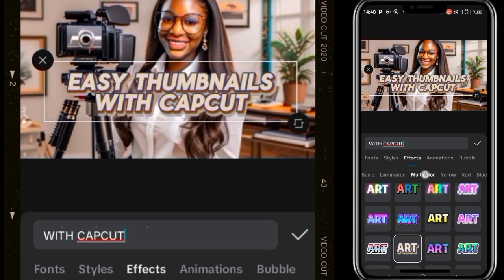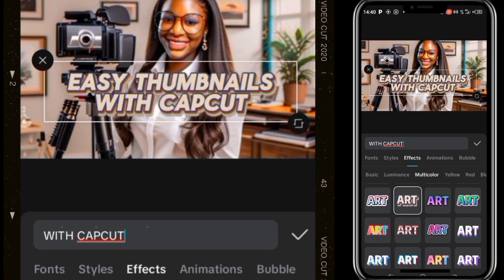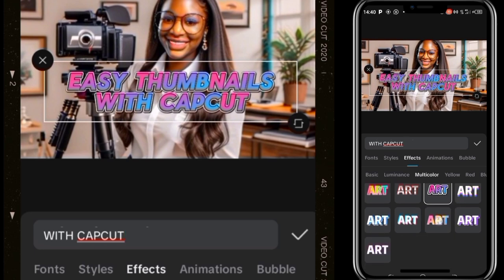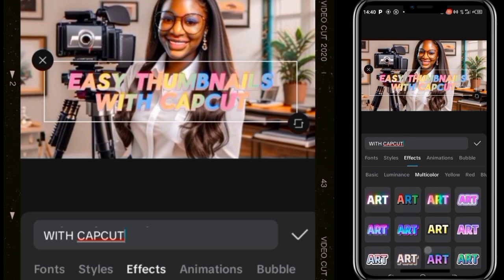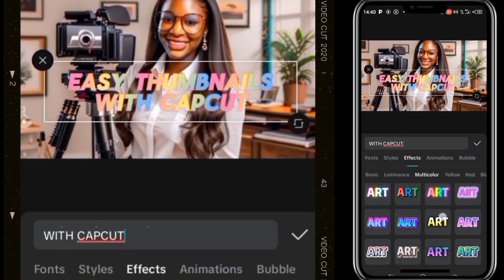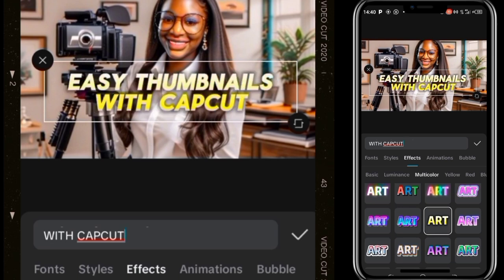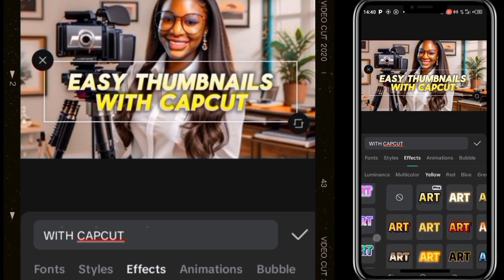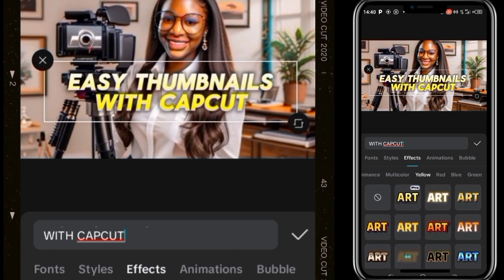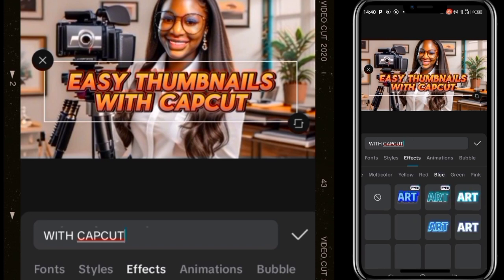You can see it's written here multicolor. So some of them you can pick it hoping that it's just beautiful to the eye. No, we don't choose thumbnails like that, especially the letters. You have to go for a thumbnail effect where a viewer sees your thumbnail, they can easily read what is on it without stressing. Here we have yellow, we have red, we have blue, we have a whole lot of it, right? So because of this,